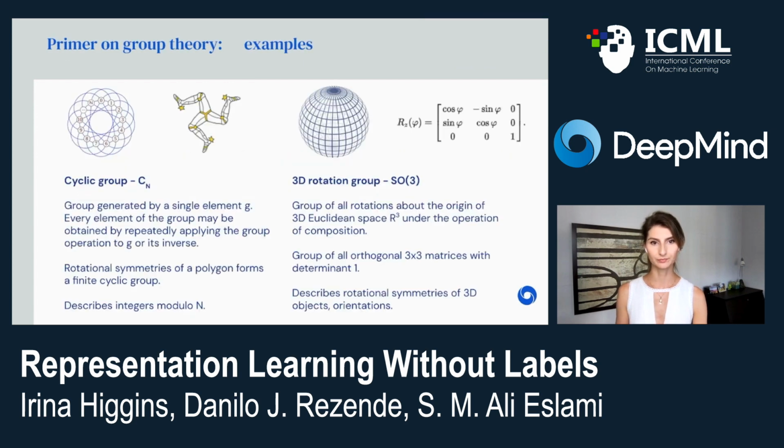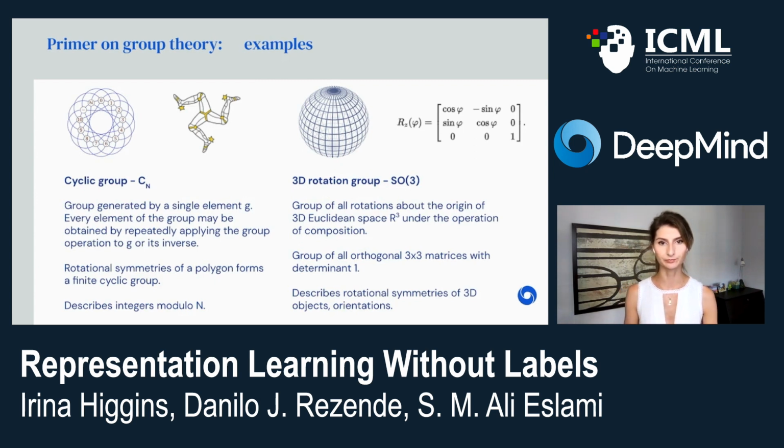Let's unpack that. Symmetries are those transformations that keep some aspect of an object unchanged. Group theory is used to talk about symmetries. Groups can be discrete, like the cyclic group, or they can be continuous, like the rotation group. For example, a cyclic group of order 3 can be used to describe the rotational symmetries of the three-legged symbol shown on the left. And the rotation group, SO3, can be used to describe rotational symmetries of